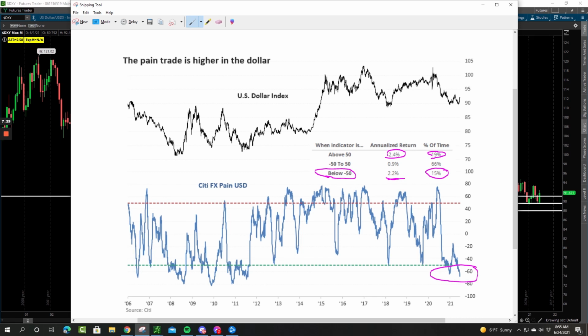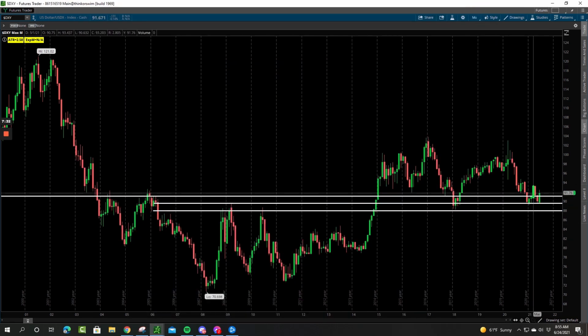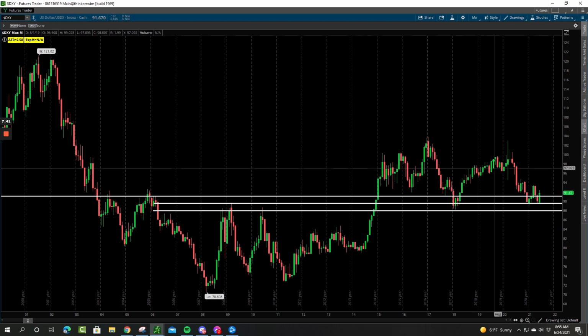The bears have not been able to break that 90 zone. It's holding this area of support. Fed talking about rate hikes. This could be an environment where we could get that squeeze higher out of the U.S. dollar. If we continue to see that bullish move higher out of the U.S. dollar,